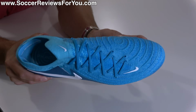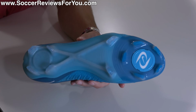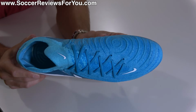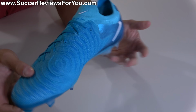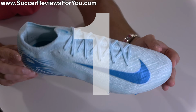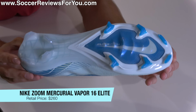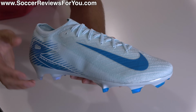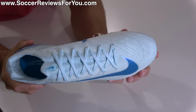It's just a different option that is available to you if you just absolutely hate this Luna 1 generation sole plate and stud pattern. It might not carry the same hype as the original Phantom GX did, but the GX2 is a phenomenal, extremely well-rounded pair of football boots. Leaving the Nike Zoom Mercurial Vapor 16 Elite, in my opinion, as the number 1 ranked Nike football boot in 2024. With the Vapor 16 being really the perfect example of a modern pair of football boots in terms of